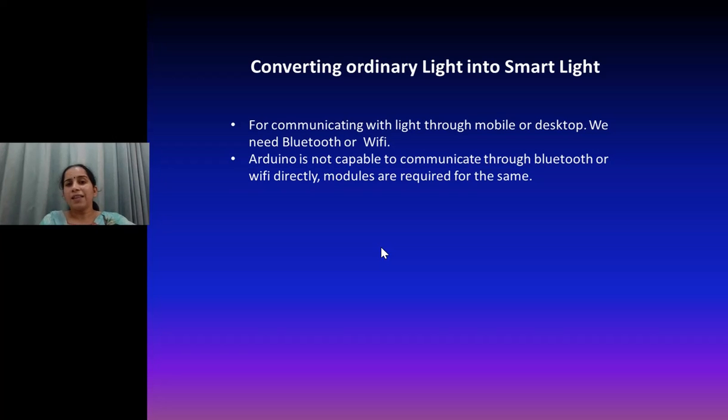The main thing is how to convert an ordinary light into a smart light. For that, you need either Bluetooth or Wi-Fi. I have used Bluetooth. This is the end of the theory part, and for the demonstration, check out the next video.